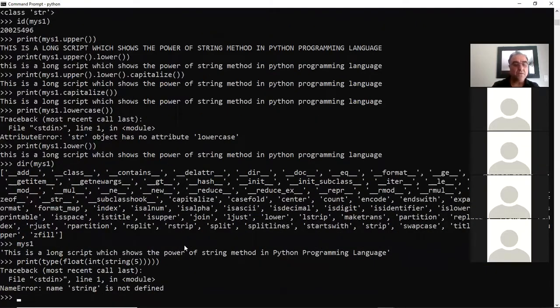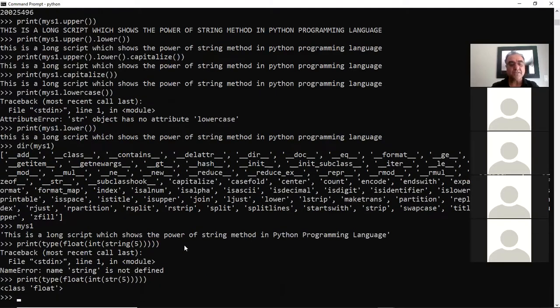So now it says a string is not defined, and then this one is true because a string is like this. Now notice that I converted this one to a float, but these were unnecessary, right? If my intention was to just change it to float, why did I change this one to a string first and then